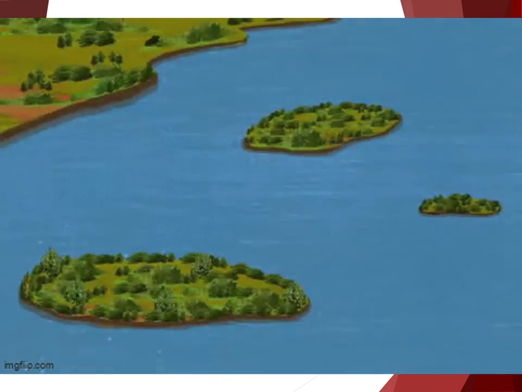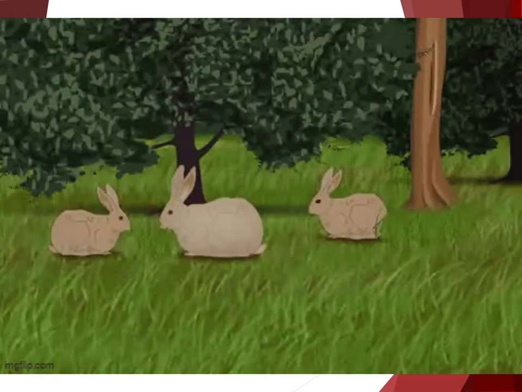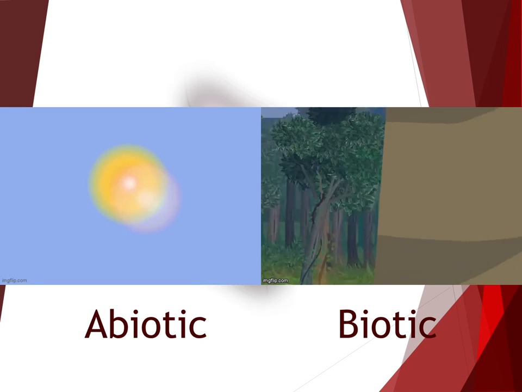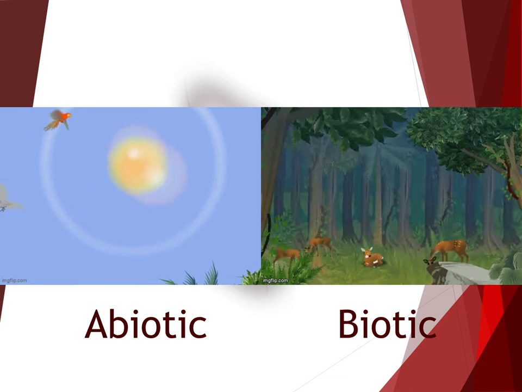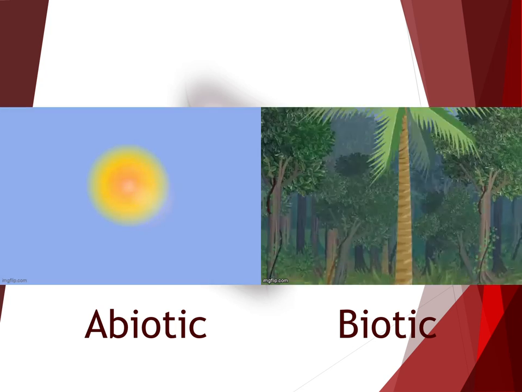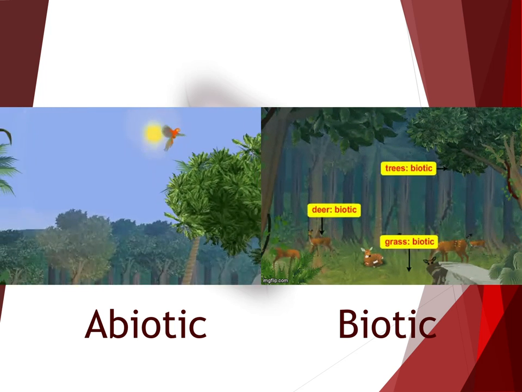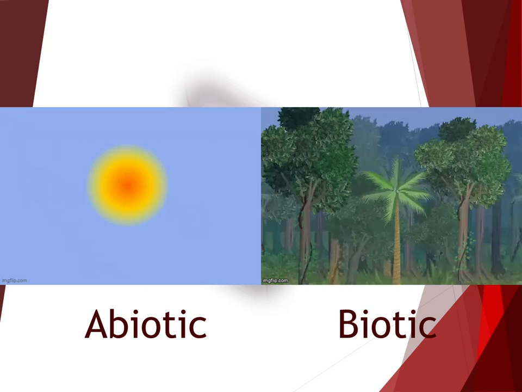For example, white-tailed deer live in forest habitats, and moray eels live in saltwater habitats. All populations are affected by abiotic factors like weather and water resources. They are also affected by biotic factors like available food sources and human activities.